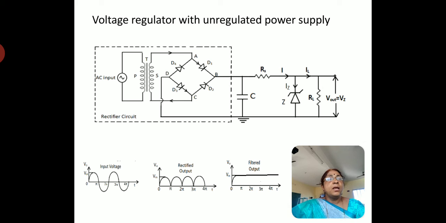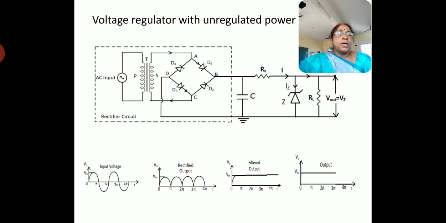It means that it gives a pulsating output at the output of the rectifier, which is again fed to the filter section. Here a simple filter is used, that is a capacitor filter, or you can also use a bisection filter or LC filter. After passing through this filter section, it removes all the pulsations. So in the third figure, graphically, the output has small ripples, and most of the pulsations go through the ground, and finally it is fed to the voltage regulator circuit.